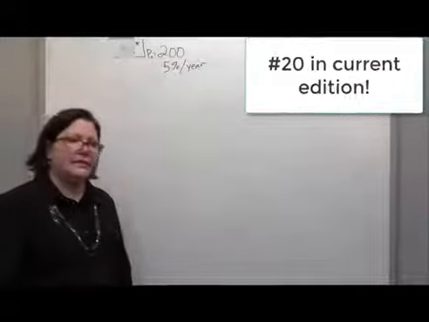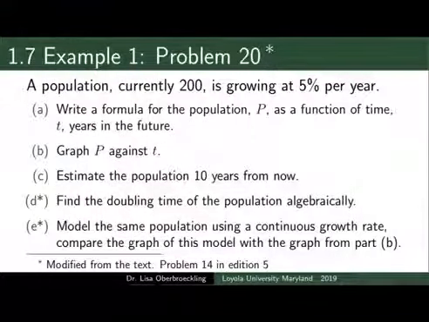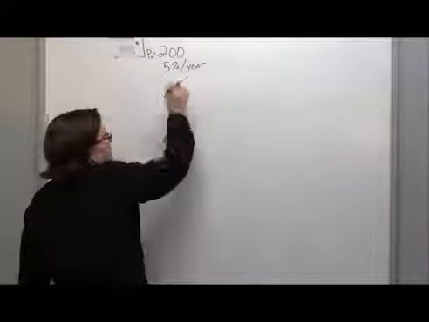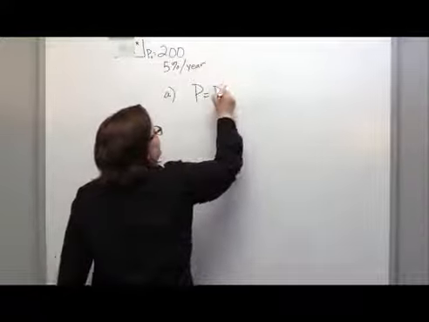So this example is number 14 from the book, but I've put an asterisk there because I've modified some of the wording and I've added a part to the problem. In number 14, we're given a population currently of 200 bacteria that is growing at 5% per year. And the first part is to write a formula for the population P as a function of time T years from now. So P would be